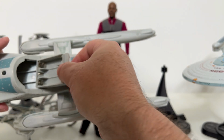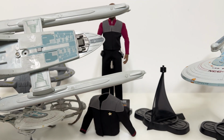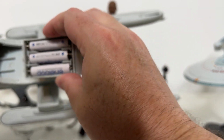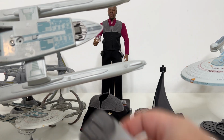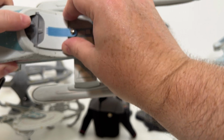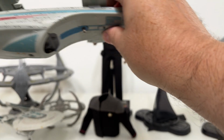Now here's the other issue. Unfortunately, we've got some battery leakage damage here. So I'm hoping, I know that these trays are very similar. There's just a bunch of similarities here. I'm hoping that I can slide this in, get this cover on and get it on tight. And you can see the difference in color here. It's pretty stark, but it should give me enough force to hold these batteries in and hopefully get some kind of a